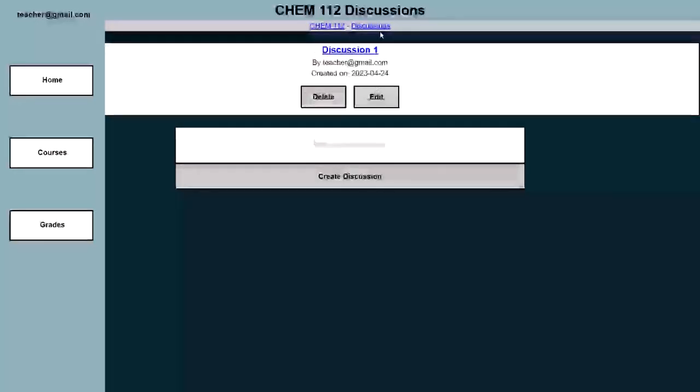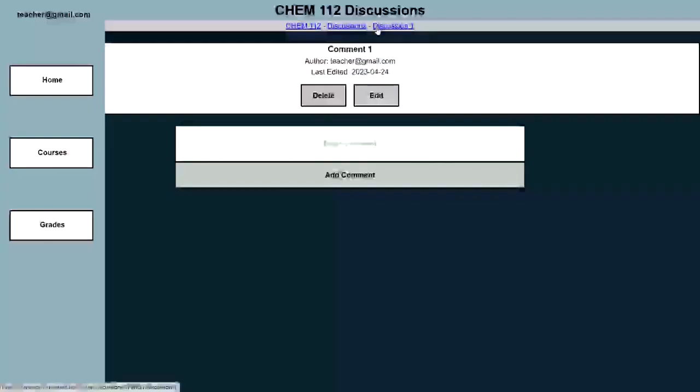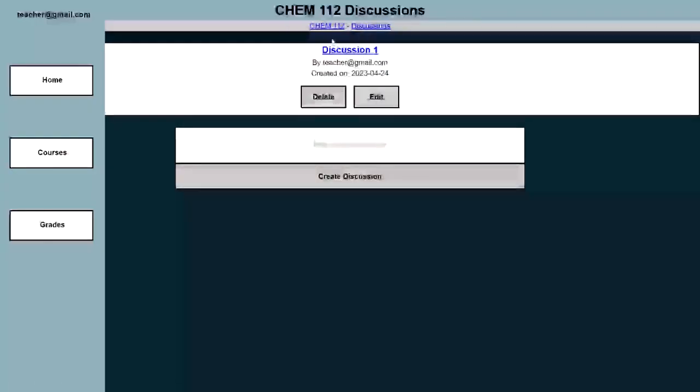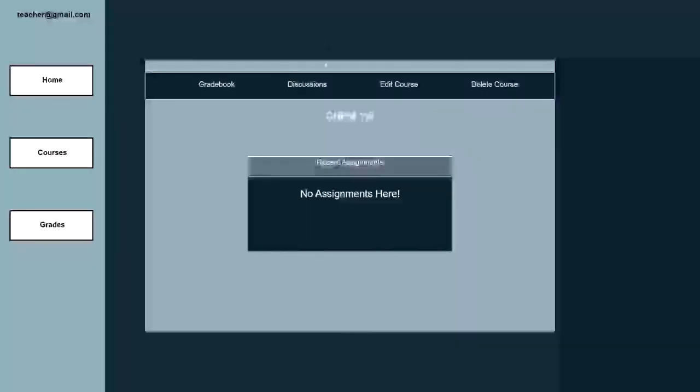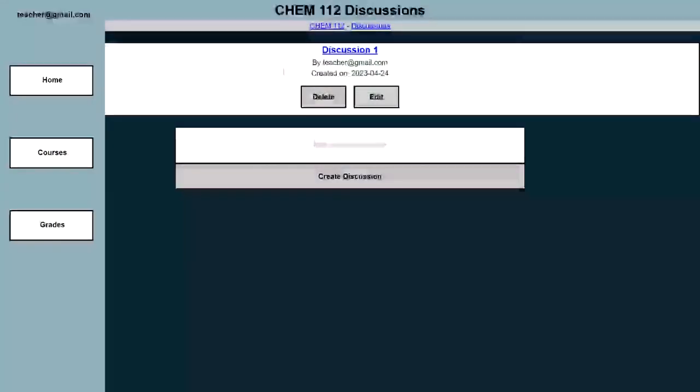And we can click on the nav bar up here to navigate between the course page and the discussions and the individual thread. If we click on the leftmost thing here, the name of the course, we're taken back to the course page. And yeah. So the last thing I want to show you as it relates to this is what happens if